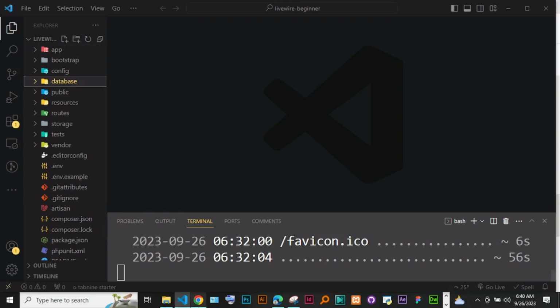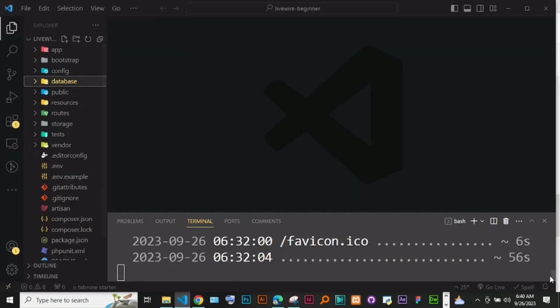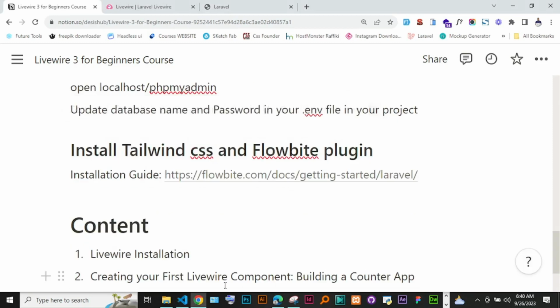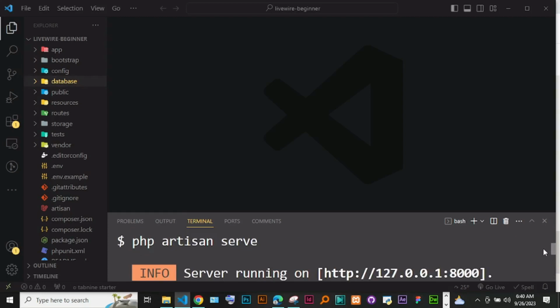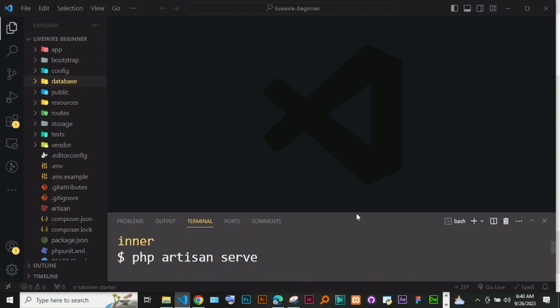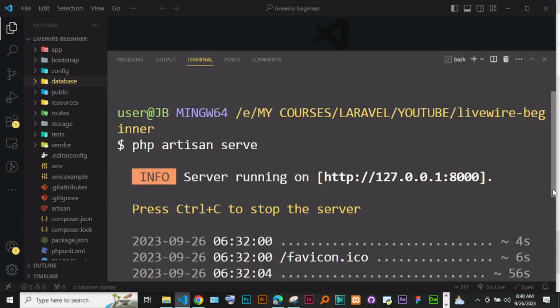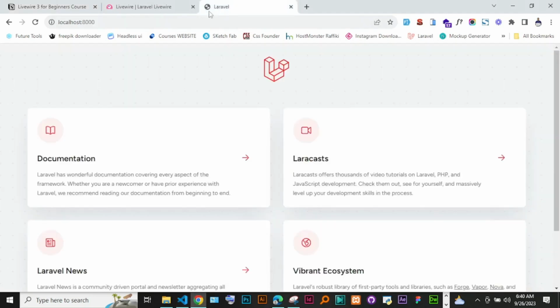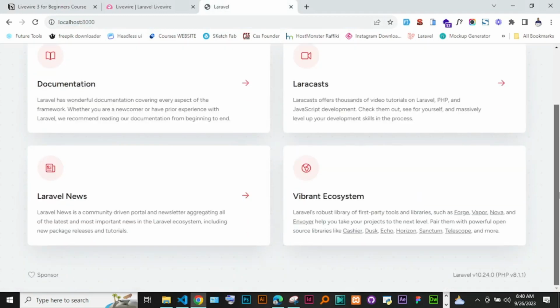If you go to localhost 8000, so run php artisan serve, let me show you. Just simply run php artisan serve. This is the command I ran here. Just going to make this bigger. So this is the command I ran, php artisan serve, and it started this localhost on 8000. So if you go on localhost 8000, I have a brand new Laravel app, and if you check down, it